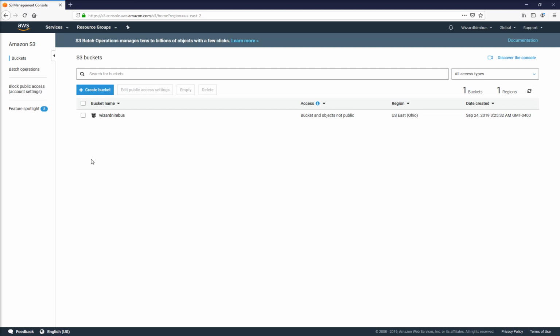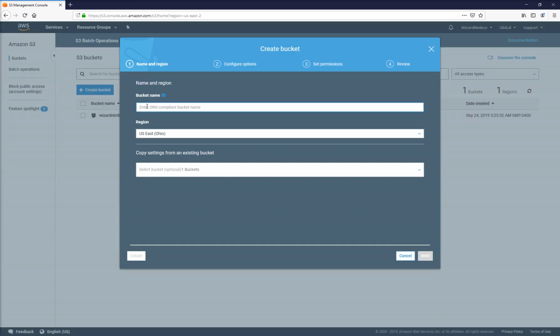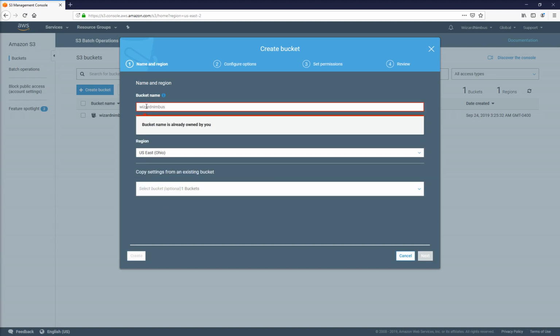So create a bucket, as you would expect. I'm going to click Create Bucket. Now we need to name the bucket, and the name of the bucket needs to be unique not only to your own AWS account, but across all AWS accounts. So you'll see if I try and type in the name of the bucket I already created, I get a nice little error message there. So I need to type in something unique,